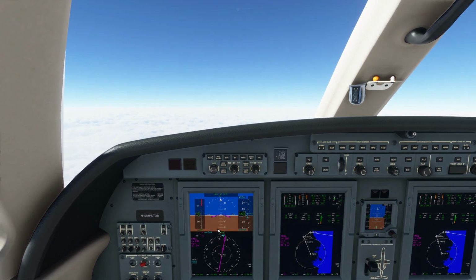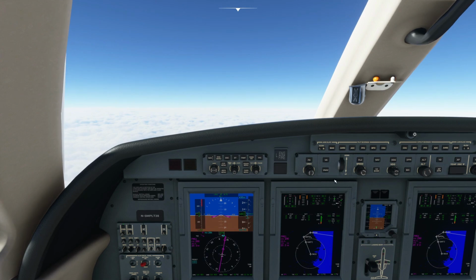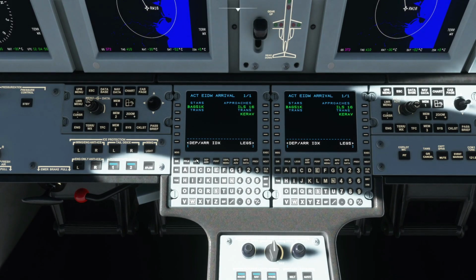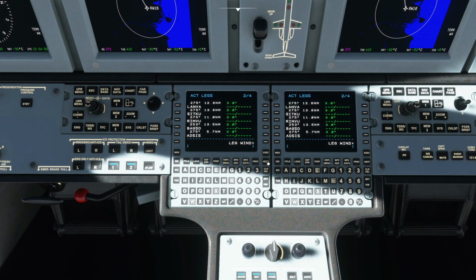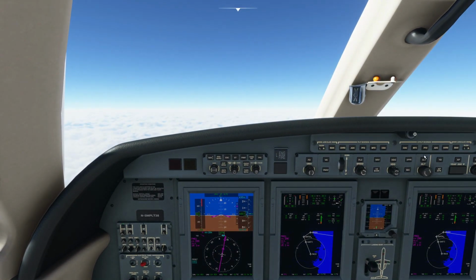The other thing is now, because I am planning to use VNAV for our arrival, we are going to select the altitude, and if we check the legs page, that will show us the restrictions, and I see a 6,000 or above restriction here at Kero. So I'm gonna aim for that to start with. We will select it to